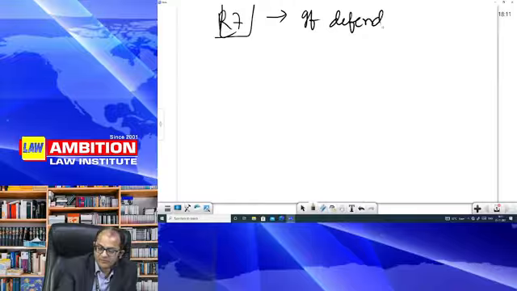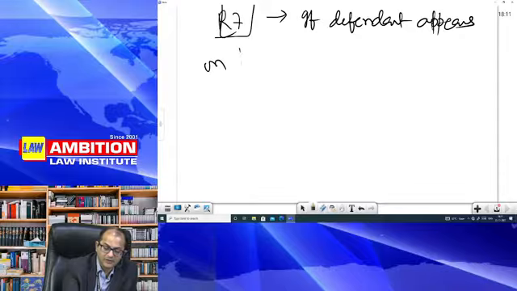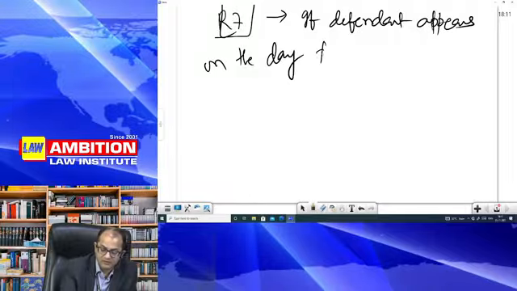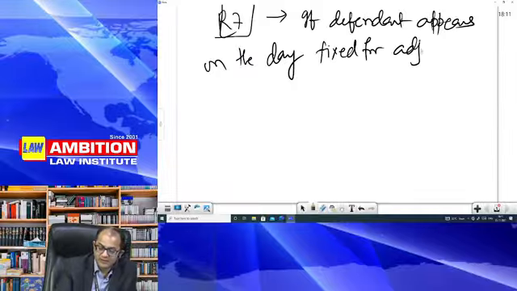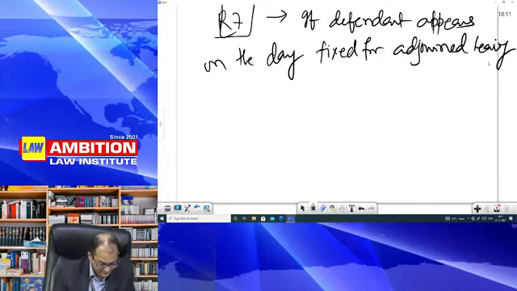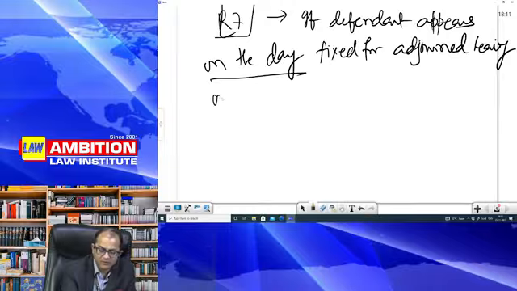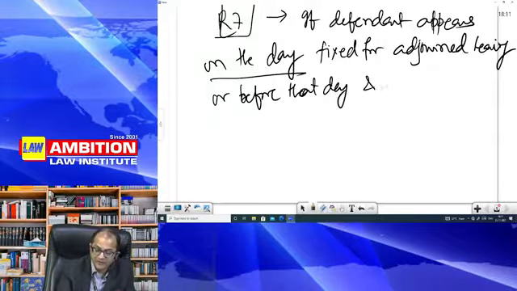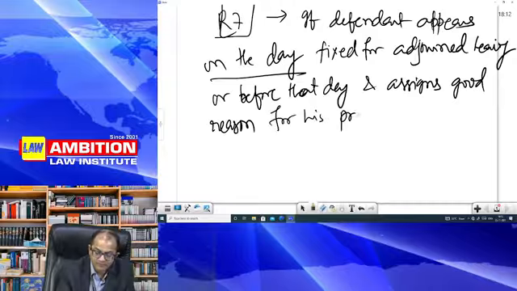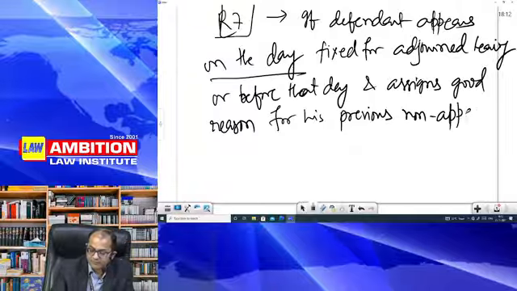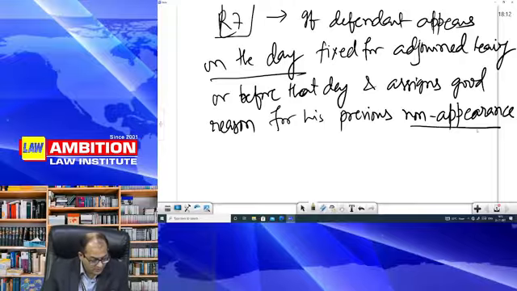If the defendant appears on the day fixed for the adjourned hearing, or before that day, and assigns good reason for his previous non-appearance,